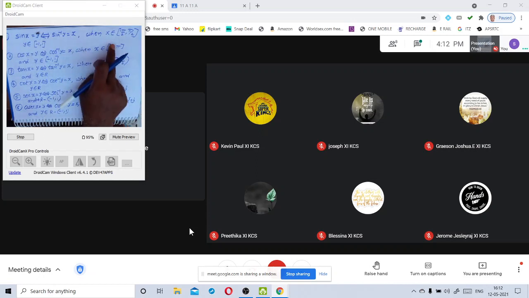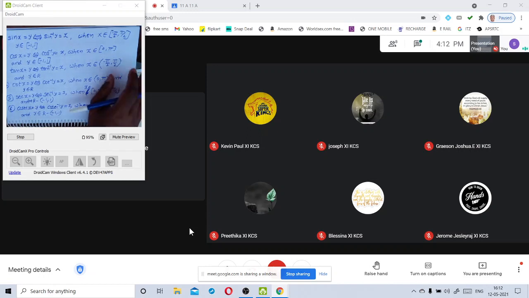It means if you observe minutely, x belongs to -pi/2 comma pi/2. There are positive angles and negative angles, yes or no? Here x belongs to 0 to pi. Which quadrants? First and second quadrant. Yes or no? 0 to pi means 0 to 180 degrees. If you take